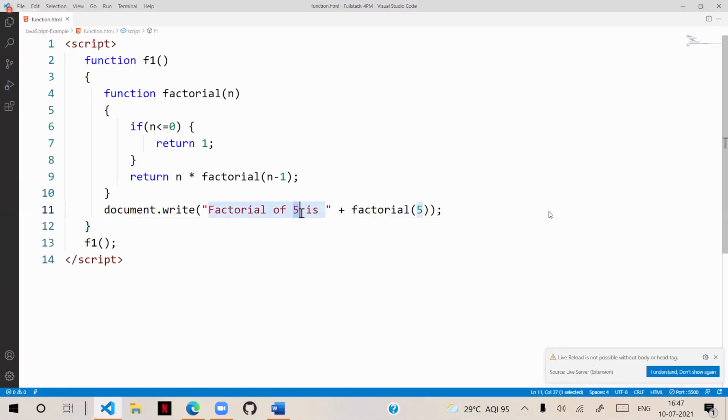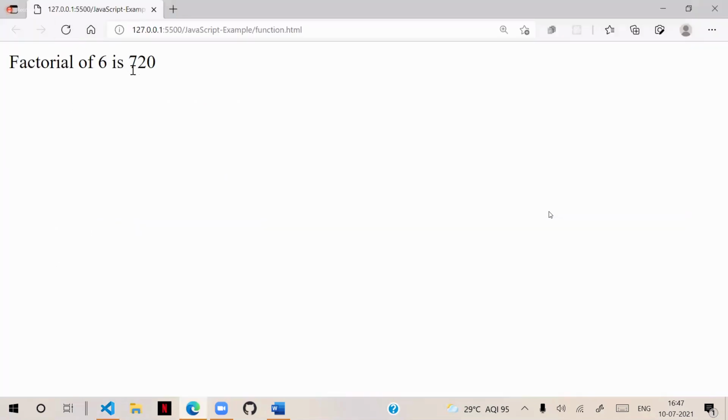So the factorial of 6 is, you pass the 6 value. It will repeat until the condition is satisfied, 720. So it will repeat continuously until the condition is satisfied. This is called recursion. We call this mechanism recursion.